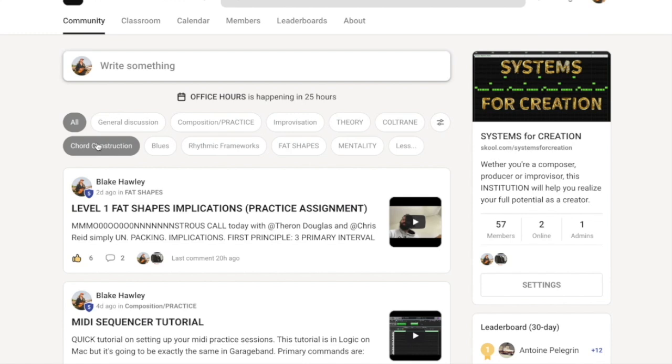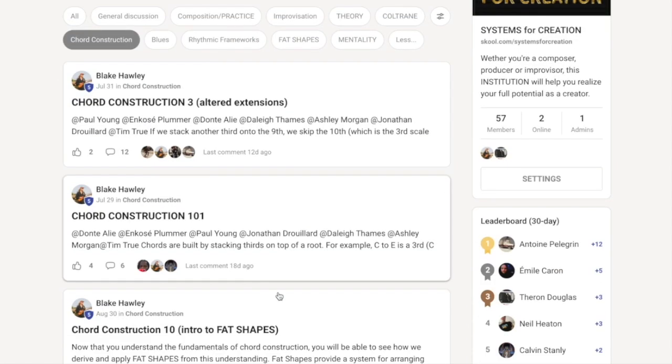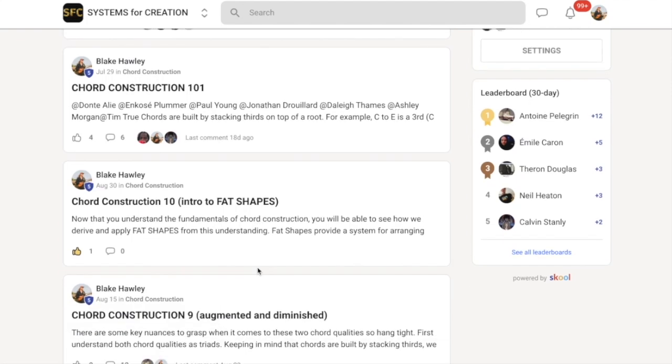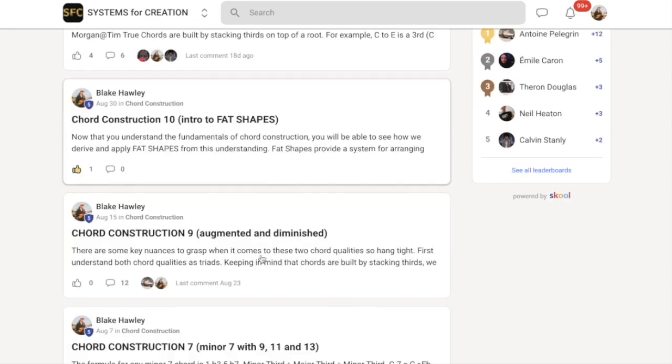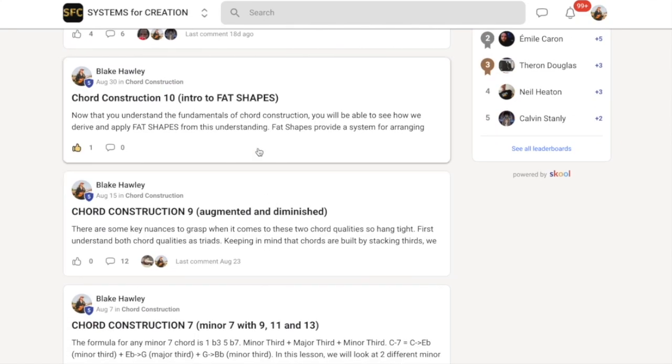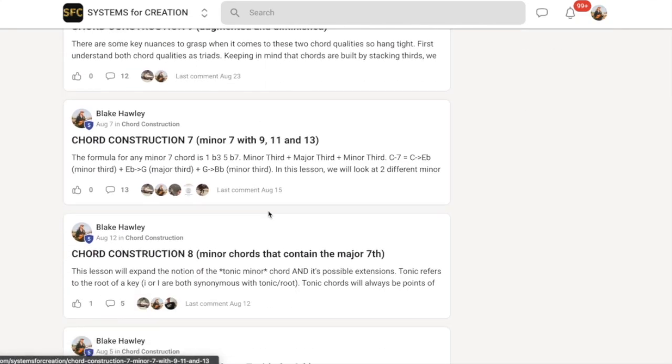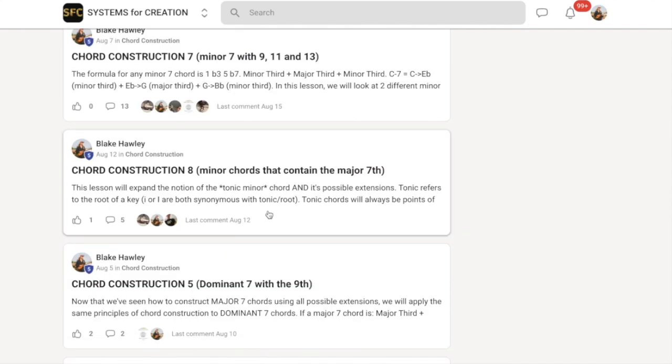Chord construction is legit a master's degree worth of harmonic knowledge packed into a 10-piece curriculum. There's 10 modules in here. You could literally read through this in real time in under an hour and a half. This is really efficient, and it does deliver the knowledge at the highest level, because there's only one highest level: fluency. You're either fluent or you're not. You start here, you're going to lay down that fluency.